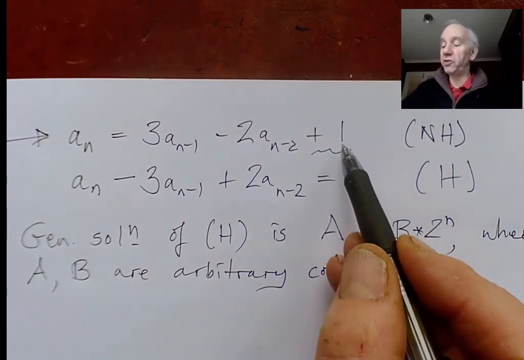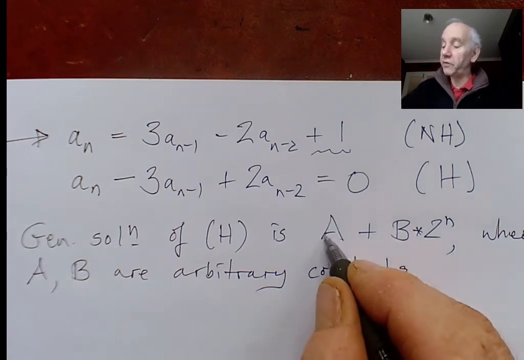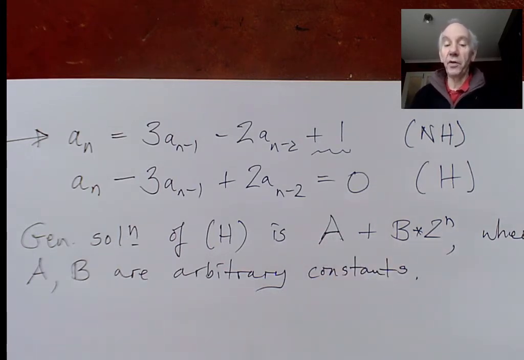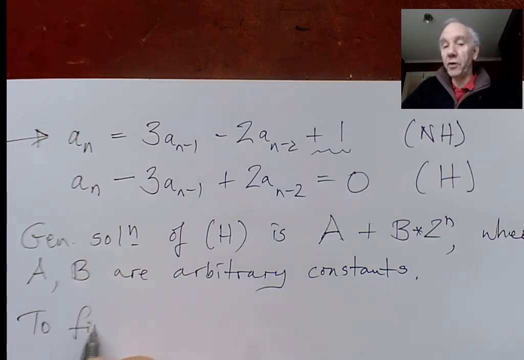Typically, if you have a constant term, and the next section 2.4 will explain in more detail how to deal with these extra terms, you would expect to be able to find a solution of the recurrence relation by just taking a possibly different constant. But that won't work here because any constant already solves the homogeneous equation. So to find a particular solution